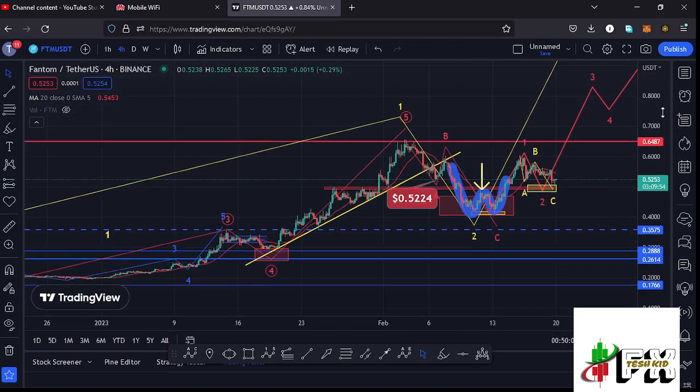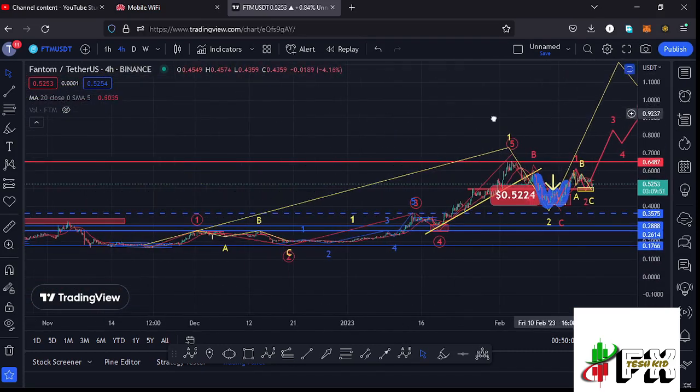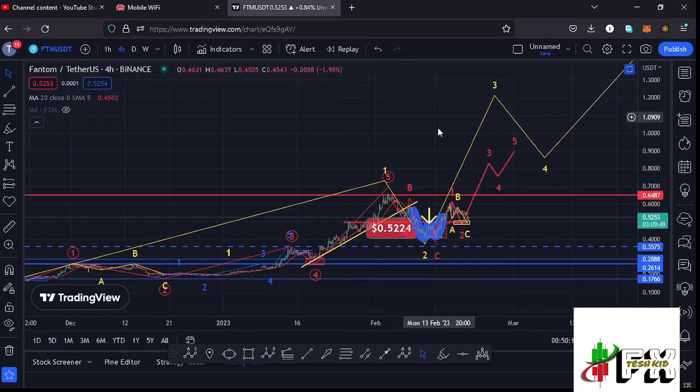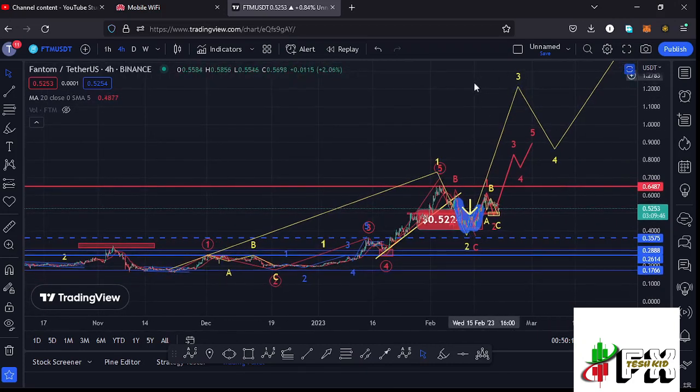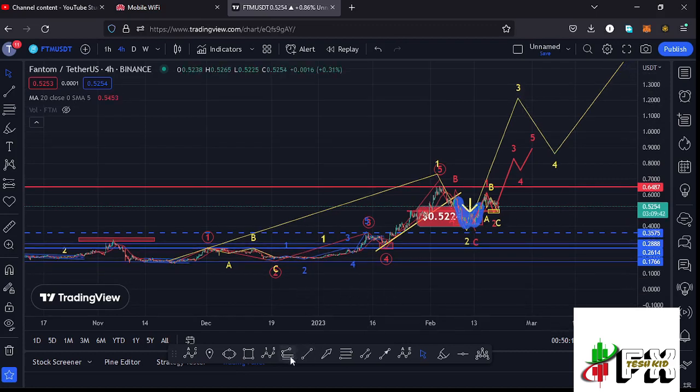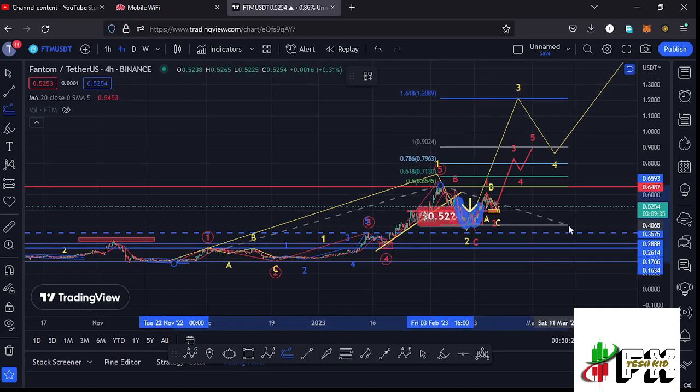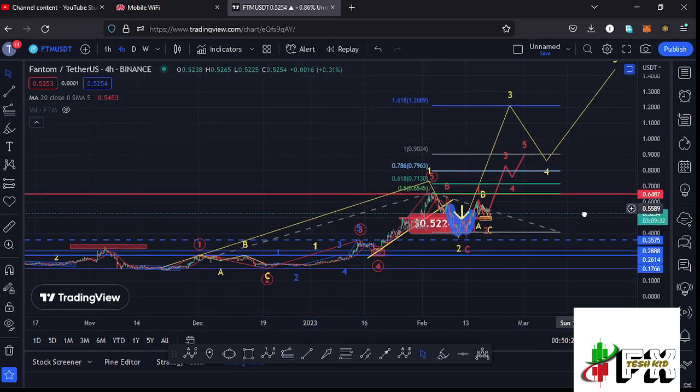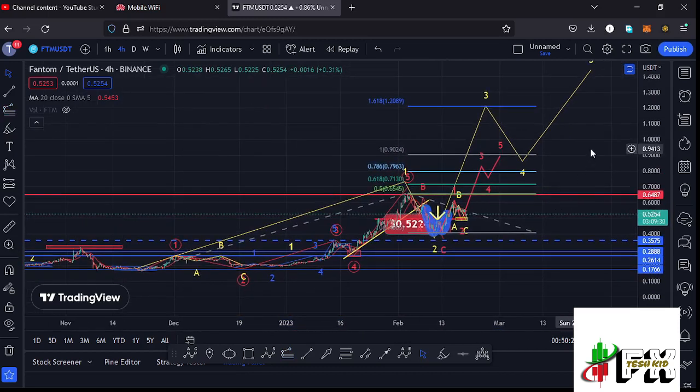And after seeing the formation of a larger ED12 count 2, whatever we expect next is a massive bounce to the upside in the formation of a larger ED12 count 3, and this is what I'm expecting to play out here on the short-term scenarios, and sketching out a minimum target area to the upside in the formation of this wave 3 by connecting the trend-based Fibonacci from the low of the first wave to the high of that wave 1, then dragging the fibs to the low of the second wave. That gives me a minimum target area to the upside in the formation of that wave 3 at the fib level 1.618, and that is at around the $1.2089 mark,